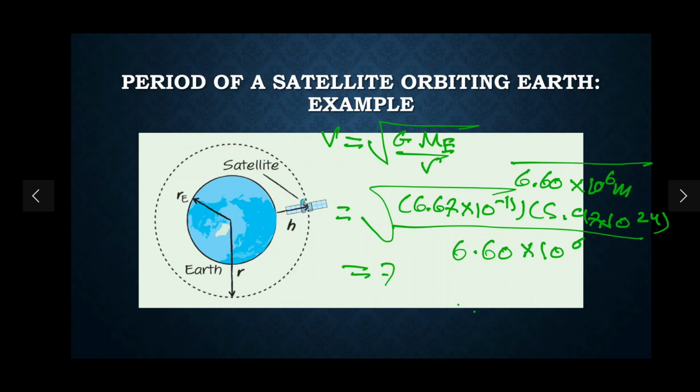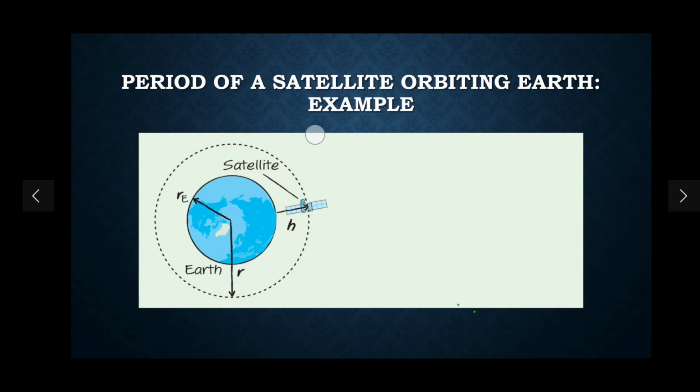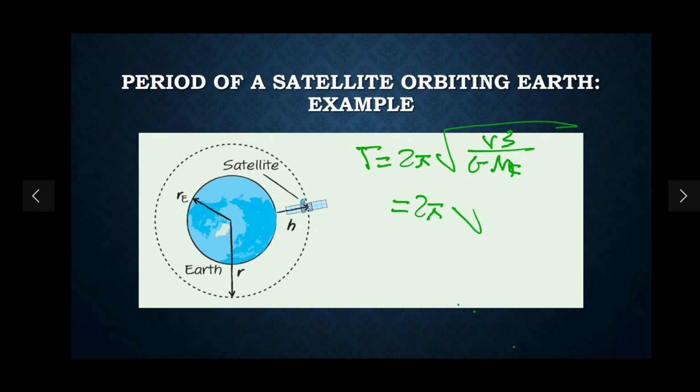Solving that gives us 7.77 times 10 to the power of 3 meters per second. Now that we have found the velocity, let's solve for the period. Solving for the period, T equals 2π times the square root of r cubed over G times the mass of Earth, which equals 2π